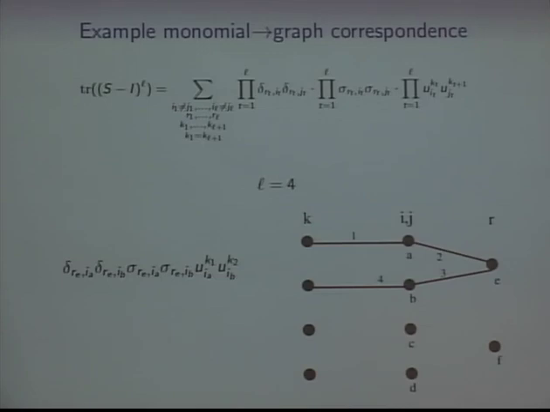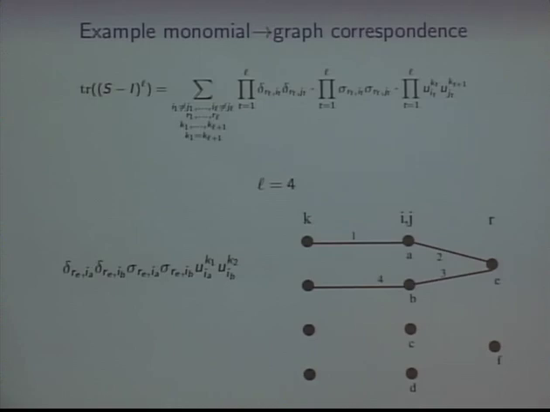And basically what the graph is trying to capture is which R's are equal to each other and which I's and J's are equal to each other. Because it can happen that, say, I1 is equal to J3. And the graph will remember that because it'll use the same vertex for both of them. Similarly, if R1 is equal to R2, the graph will use the same vertex for both of them. There's going to be a little bit of asymmetry, which is that the graph is not going to remember which K's are equal to each other. That's K1 right here, that's K2 right here, that's K3, that's K4, and K5 is equal to K1. So there's always going to be exactly L left vertices.